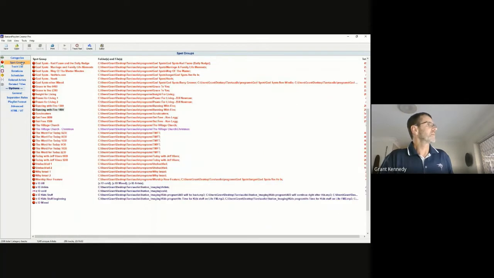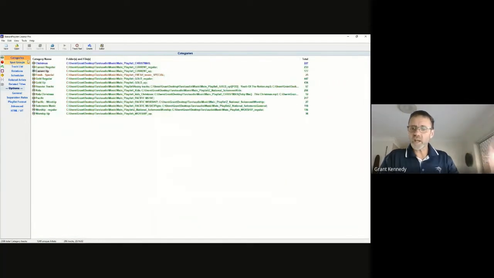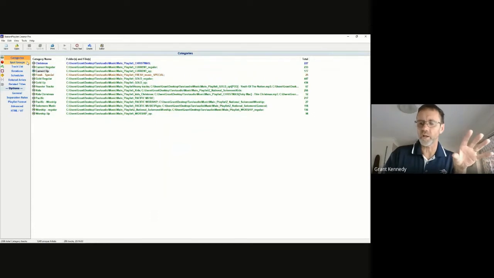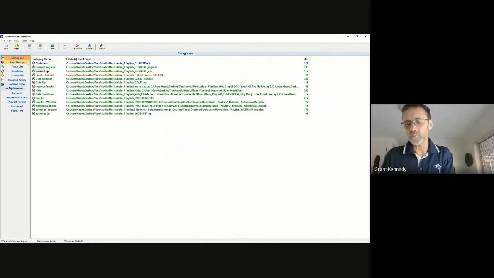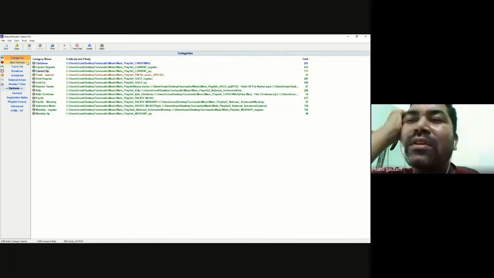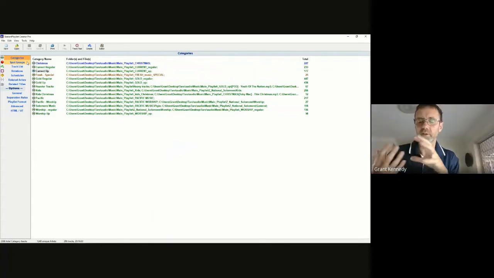So we talked about the music categories. They're pretty self-explanatory. You will have different categories for your station depending on how you want to define the sound of your radio station. You might have Nepali worship. You might have Nepali songs. I don't know what the categories are that you've chosen exactly.